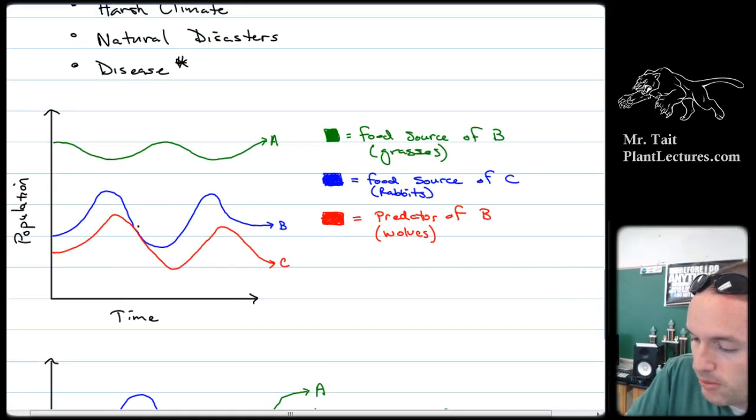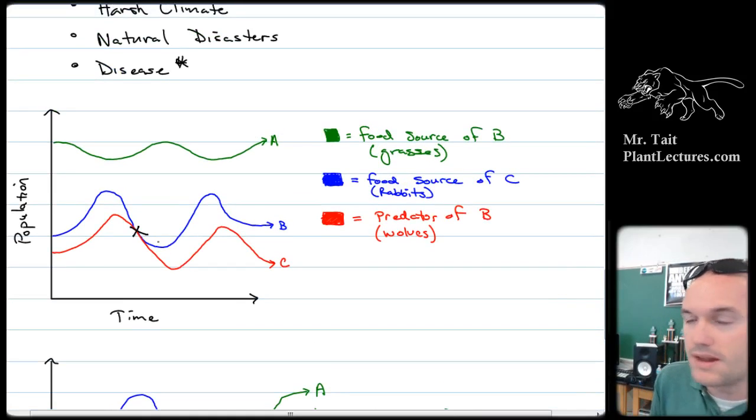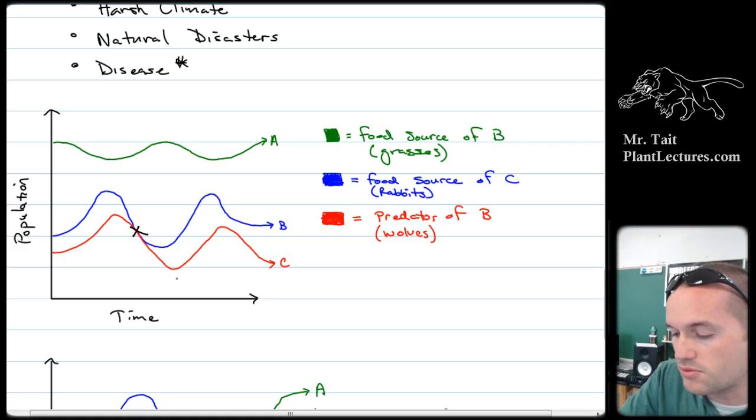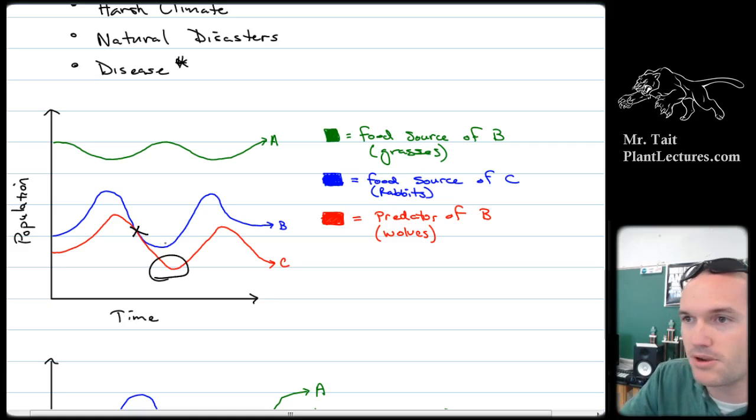So at this point right here, there were an equal amount of predator and prey, and that can't happen. So what you have is right after that, you have a leveling out of the prey, but the predator drops down significantly, and they have this period where there's this massive fall in their population.